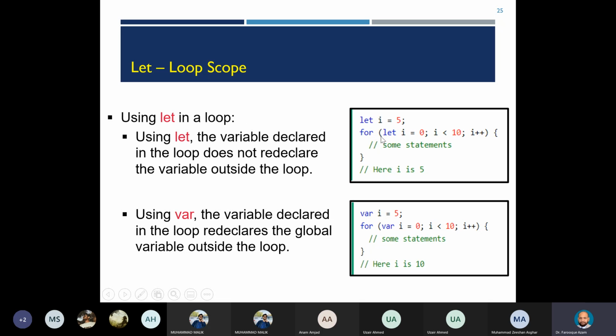Using let in a loop. For example, here we are using let in a loop. So once it comes out of the loop, the value of i should be 10. क्या ख्याल है जी? जब लूप से बाहर आएगा और लूप पूरा चल जाएगा तो i की वैल्यू क्या होनी चाहिए? 10 ही होगी सर। 10 होनी चाहिए. लेकिन जब हम इसको फॉर लूप से बाहर आके i की वैल्यू को डिटेक्ट करेंगे तो ये i की वैल्यू 10 नहीं होगी, बल्कि ये जो i की वैल्यू जो हमने फॉर लूप से बाहर इनिशियलाइज की हुई है वो वाली होगी।